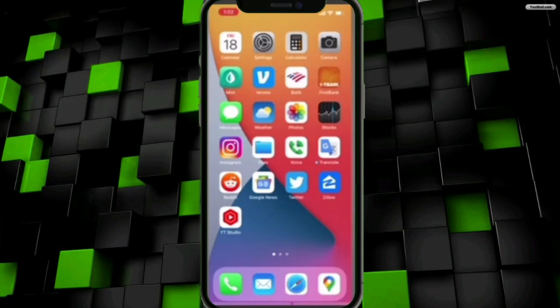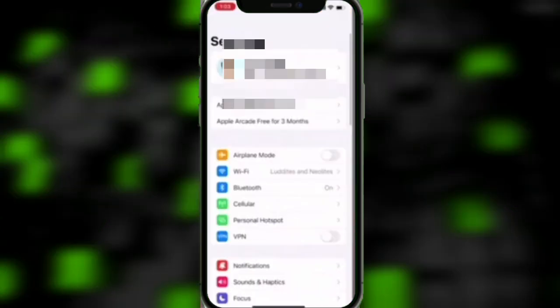Today I am going to show you how to fix low call voice on iPhone. So let's start the video. To start, you have to go to your mobile settings, and here in the mobile settings you have